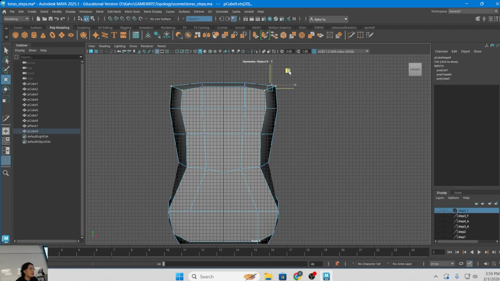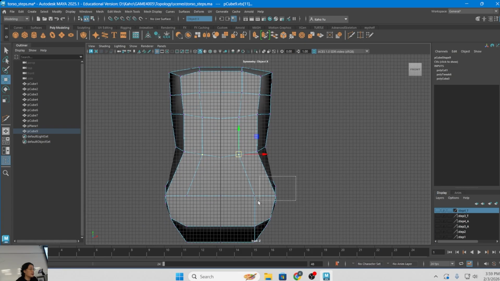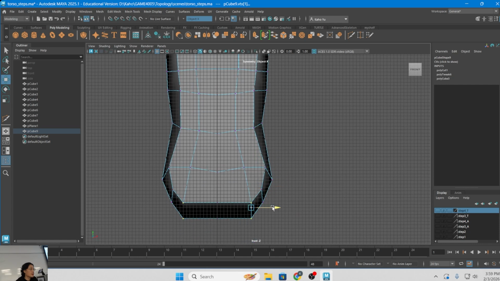This should get a little lower. Preparing for the leg as well, so this we should get really narrow. This should get a little narrower. So okay, so for the leg,